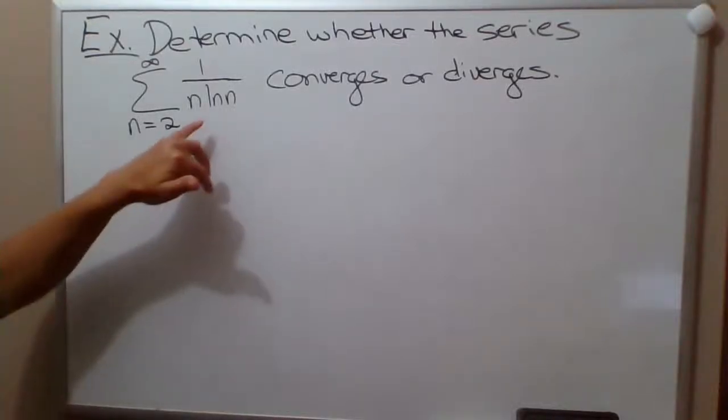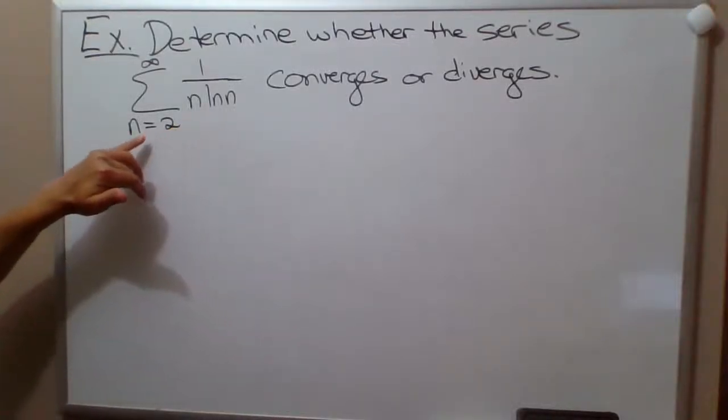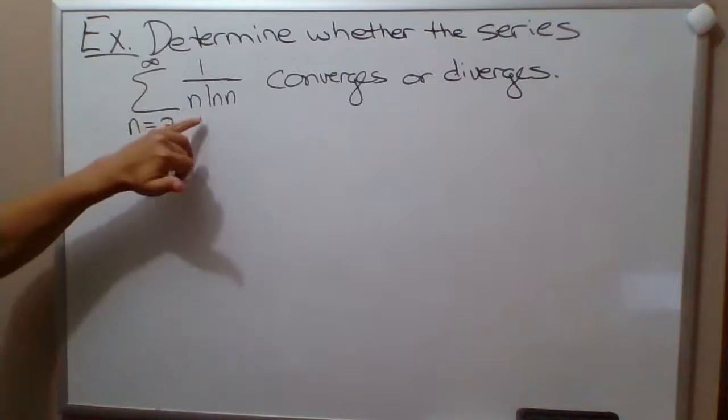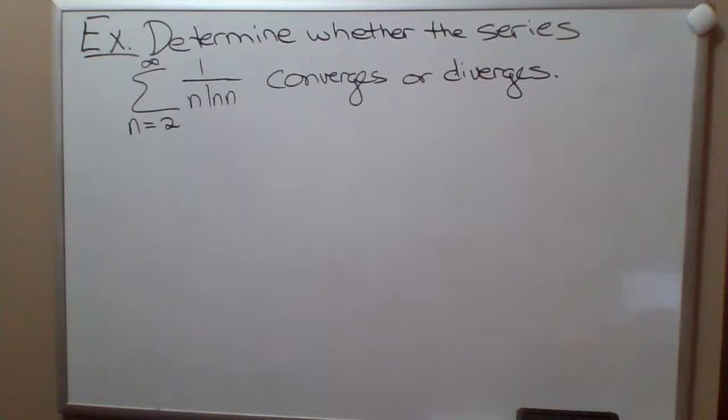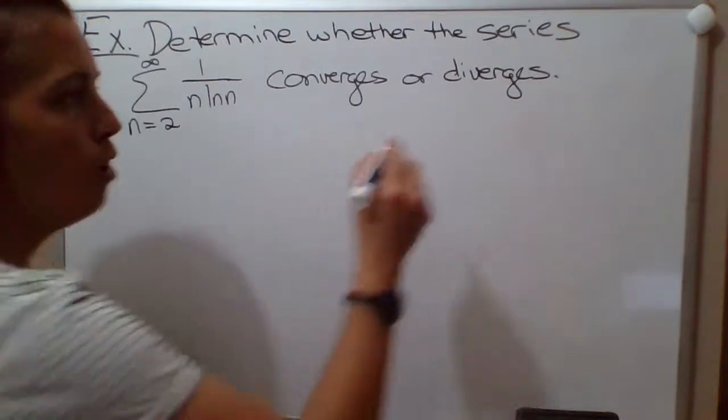Now we're asked to determine whether the series, so the sum from n equals 2 to infinity of 1 over n times natural log of n, converges or diverges. When we're thinking about what test to use, I think I'll start to take that approach. If you think about the tests we have available to us so far,